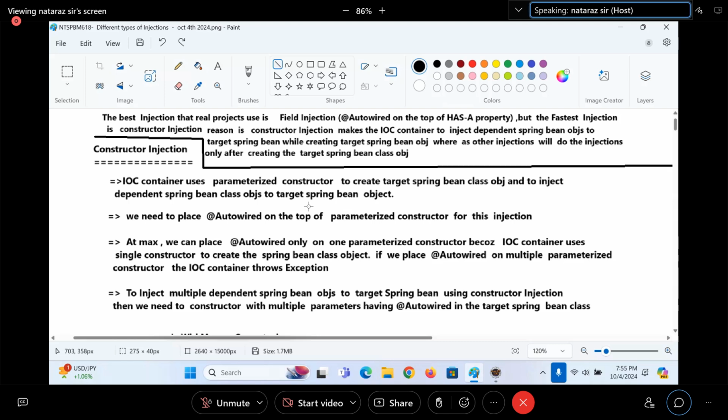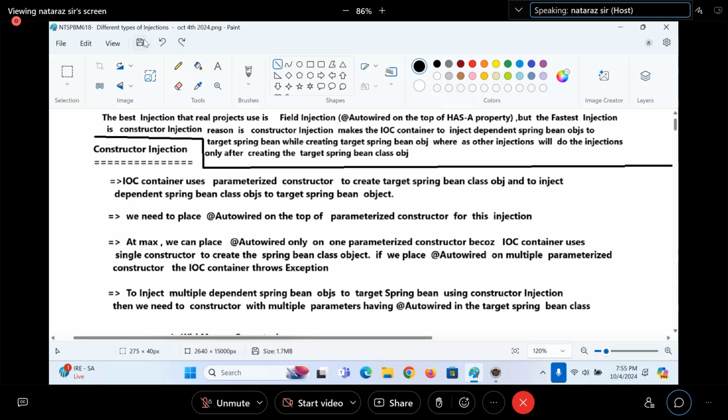Constructors are there not only to create an object, but also to initialize some data in the object. This is a known concept. The same concept we use to initialize not simple values but other Spring bean objects into the current target Spring bean class object.